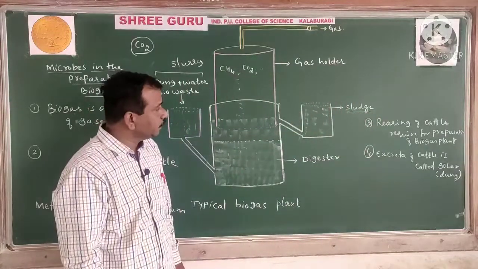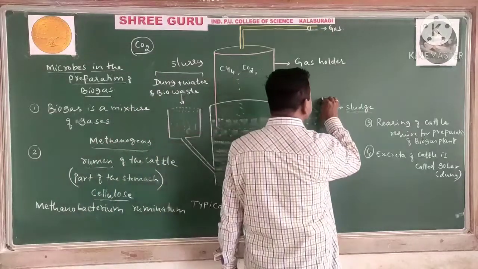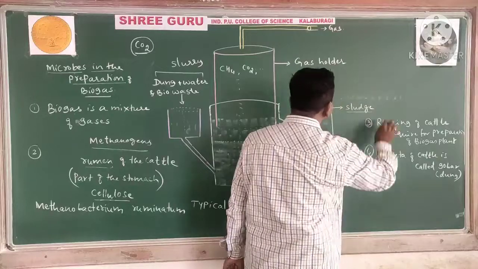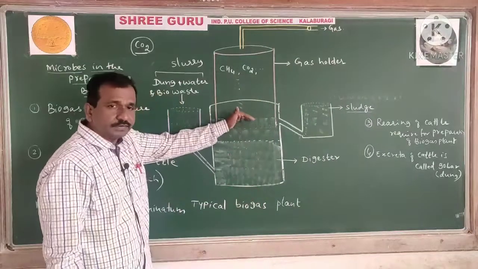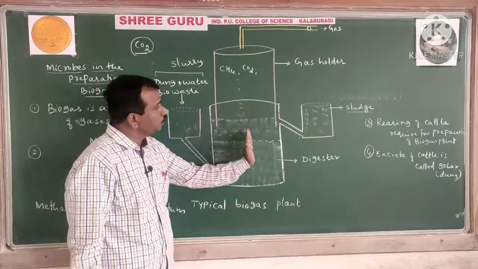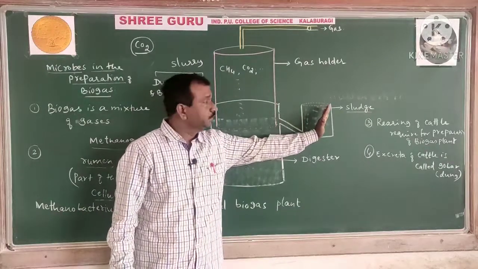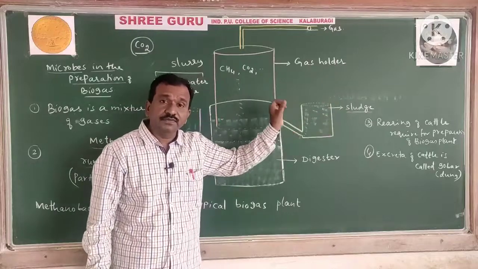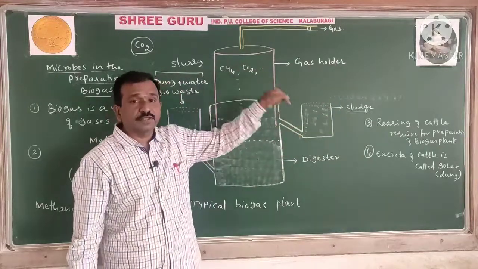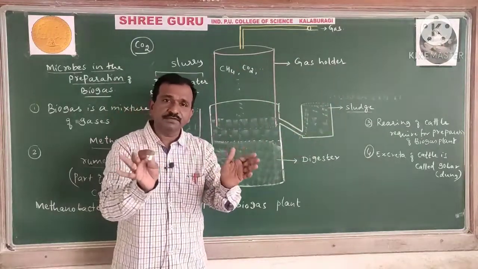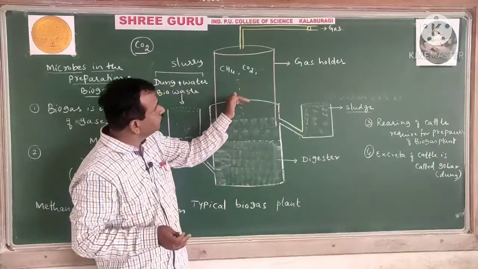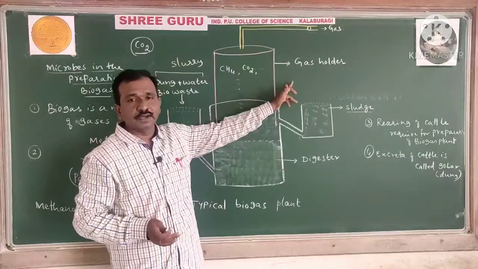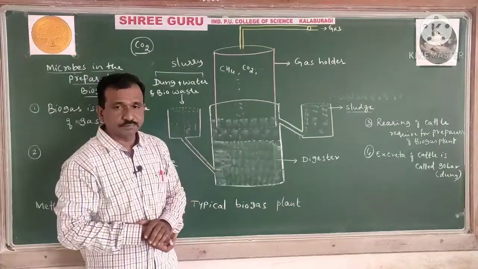So what will happen here? Here also the slurry has to come outside. It comes outside. However it comes up, automatically it is normally moving toward this region. But this slurry or the sludge does not contain any gaseous amount, because this gaseous amount is liberated here and stays in the gas holder. That is what we have observed.